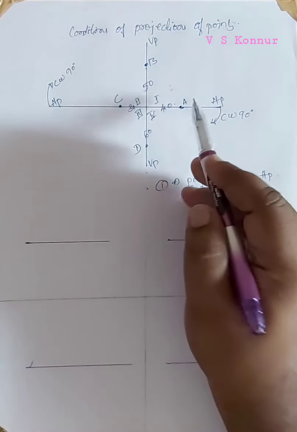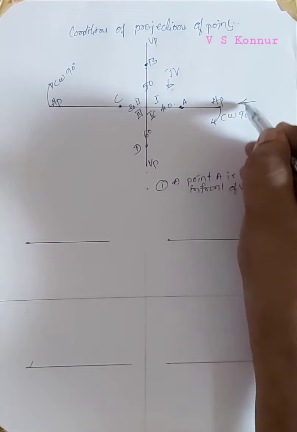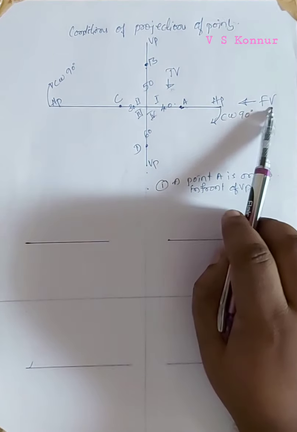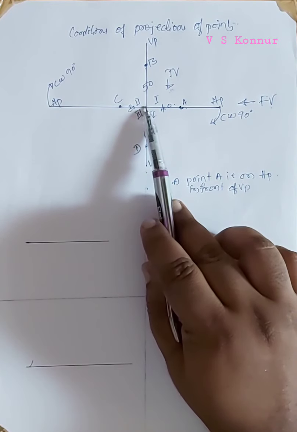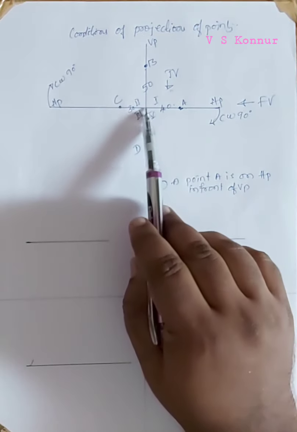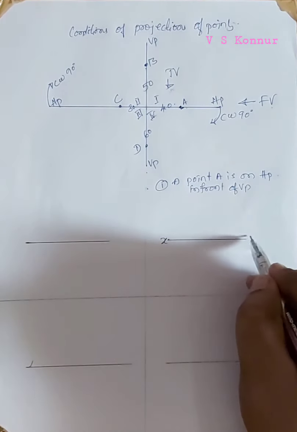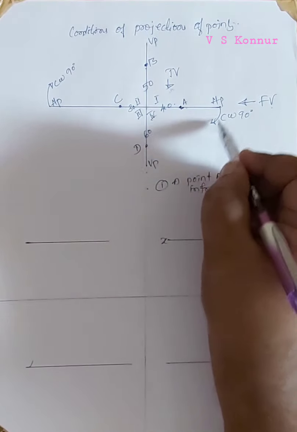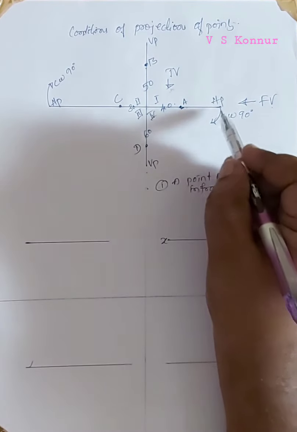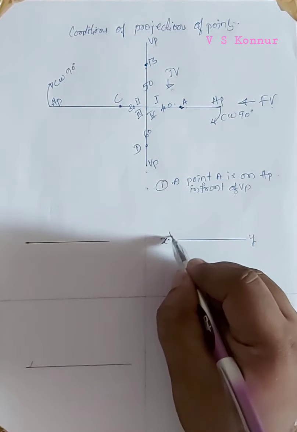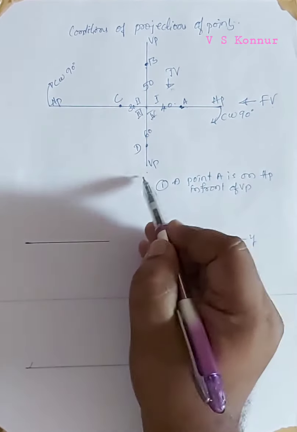Now for this point, this will become the top view and this will become the front view. If you view from this side, the point will be projecting at the intersection from the front side. From the top view, it is at a distance of 40 millimeter. Now for the first quadrant, we know that HP is rotating 90 degree clockwise, so VP remains as it is. HP is coming downside. So VP is above XY line, HP is below XY line.